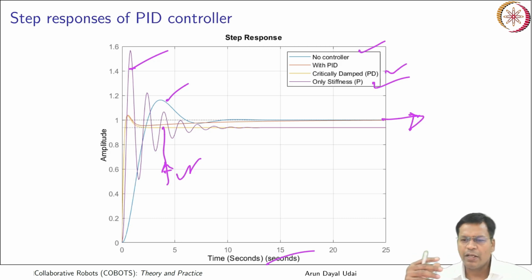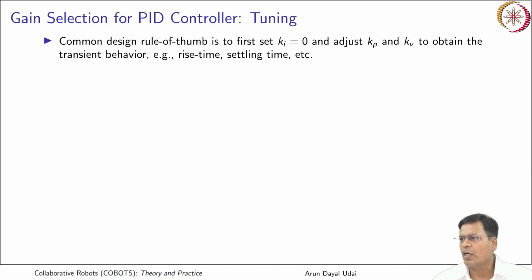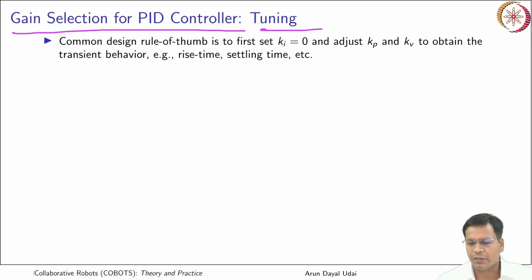So there are various approaches to this. Few of them are heuristic in nature, when you just do it by trials experimentally, and it is proven it works well, at least in industrial systems, where you have a good amount of gear reduction in your robot. They work very well. Okay, so the gain selection for a PID controller, that work is known as tuning of gains.